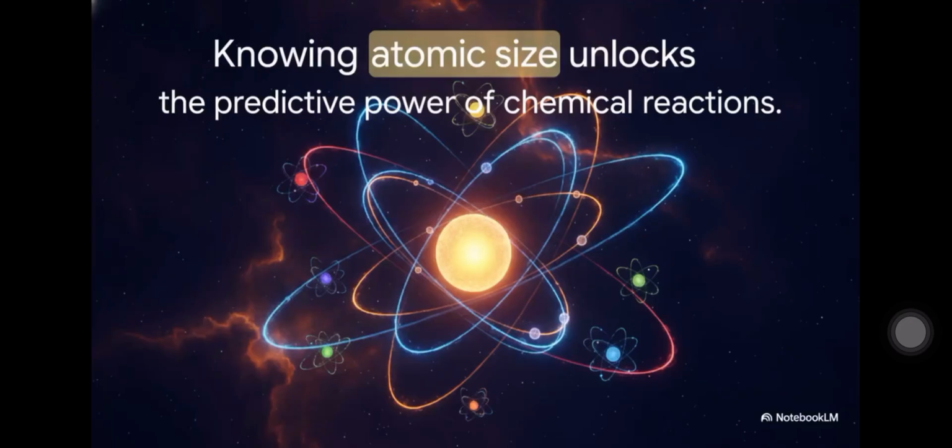And that brings us to the end of our explainer. Just look at how far we've come. We went from a confusing grid of letters to a clear, predictive map governed by a subatomic tug of war. Mastering atomic size is huge. It unlocks the secret predictive power of chemical reactions across the entire universe. When you know an atom's size, you know its boundaries, its strengths, and exactly how it's going to interact with everything around it. So think about this. If a single measurement can decode the behavior of every known element,